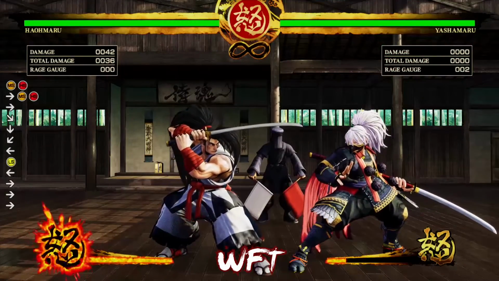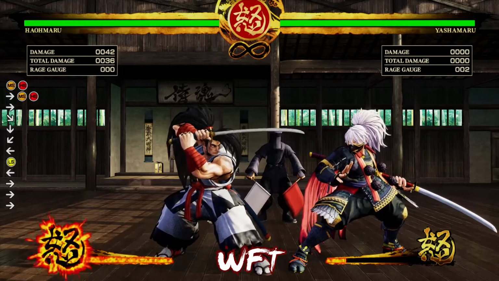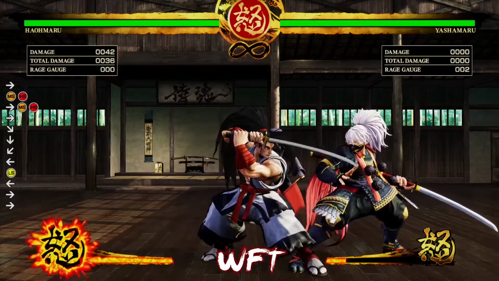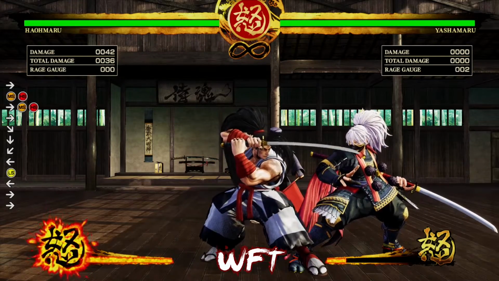You see how that recovery takes a while, which leaves you quite open. So you want to time it. You want to know exactly when to use the super. For Haohmaru, it actually has this really cool thing where you can hit your opponent with a super after